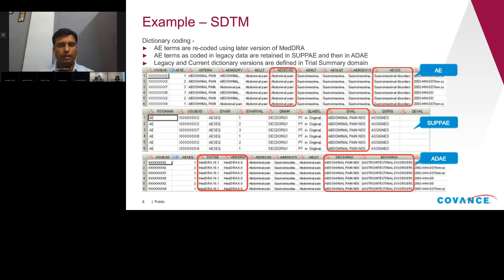So these are some of the examples which show how we standardize the legacy data. The first example is for an adverse event data sets like we saw in the previous presentation. The coding of the adverse events has to be done based on the latest MedDRA dictionary data set. So we recorded the previous legacy dictionary data set as well as the current dictionary data set that the adverse events were recorded into the trial summary domain, and that was